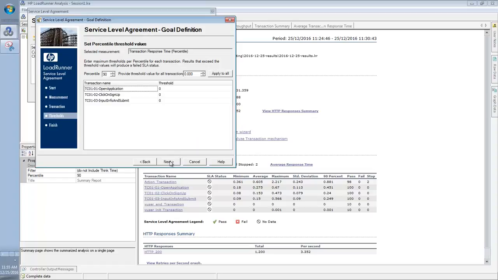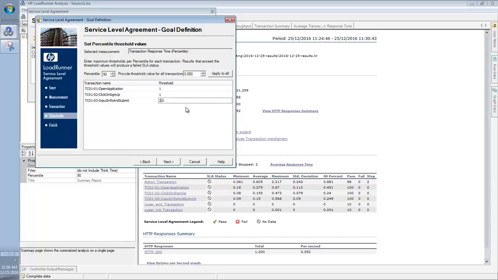Click next. Now for open application, what was the expected time? 1 second. For click on sign up, we have 1 second. For input information and submit, 2, right?